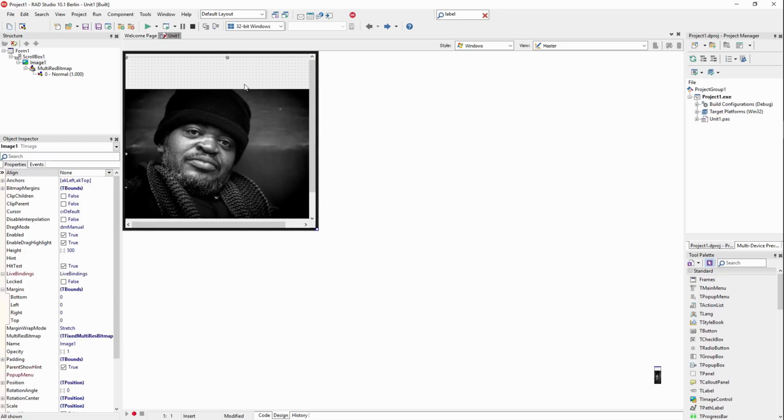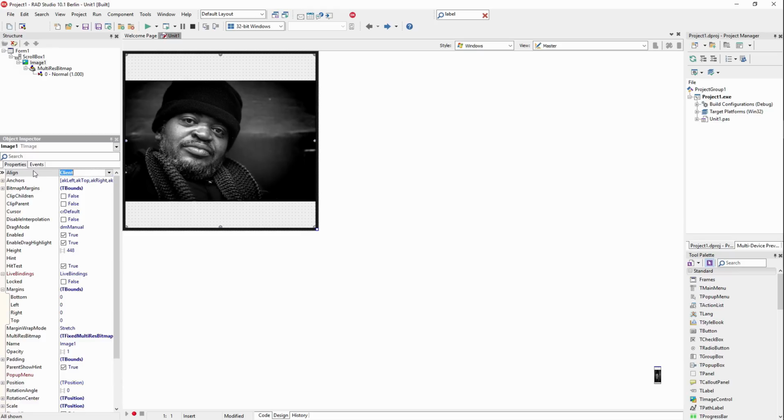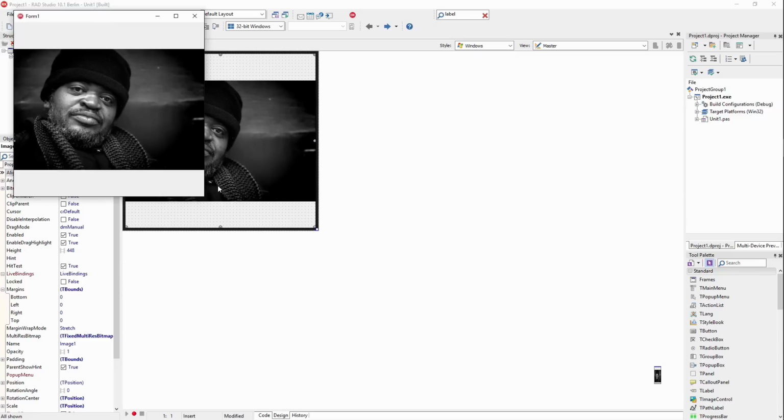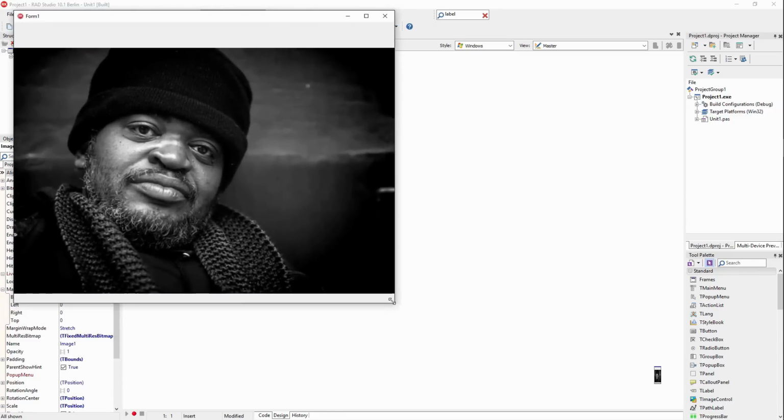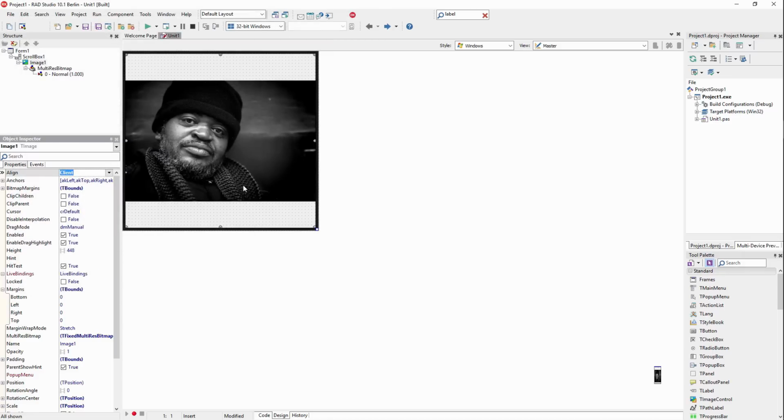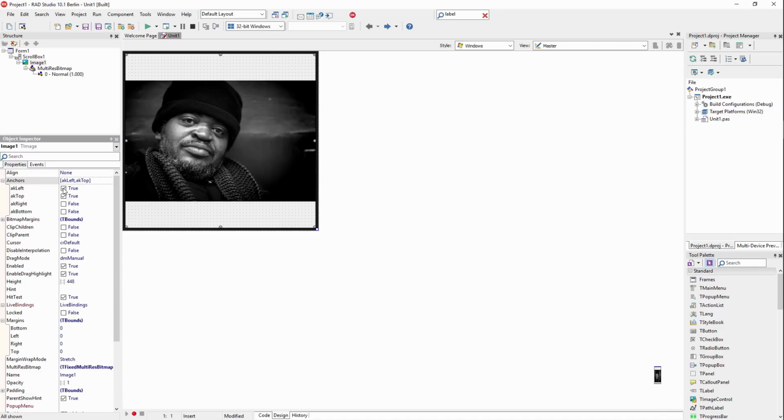Now, as I commented before, you don't want to align this to client, because now it takes up the space and the scroll box does no good because it's always going to fit inside that scroll box. Okay? And likewise, if I anchor this, instead of top left, to bottom right,